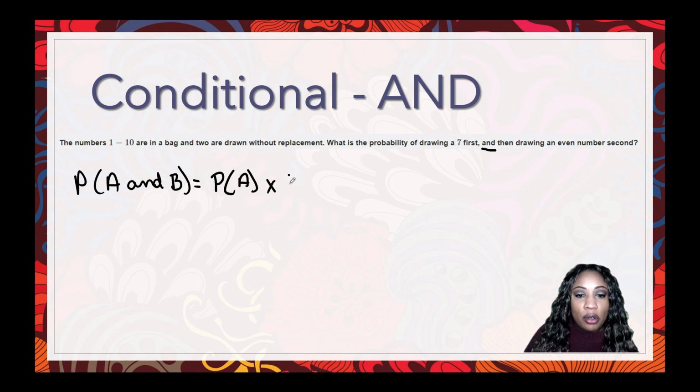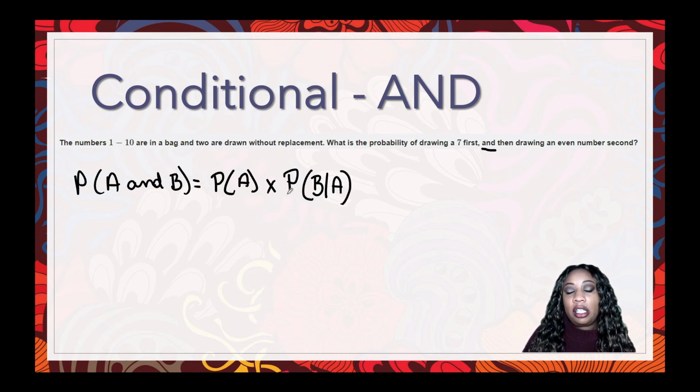So, we're going to have the probability of B given A, which is the same thing as saying the probability that B is going to happen if A happens. So A has to happen in order for the next thing to work, or to find the probability of them both happening. So the probability of drawing a 7 first is 1 out of 10,